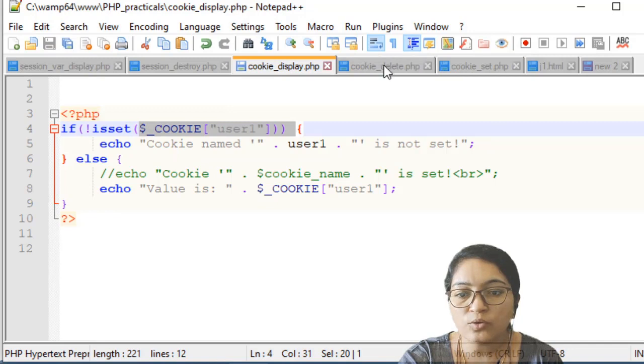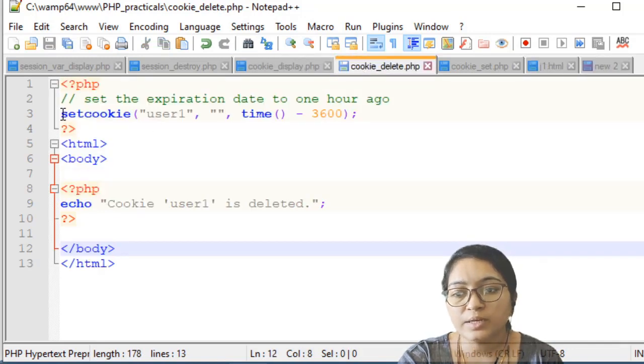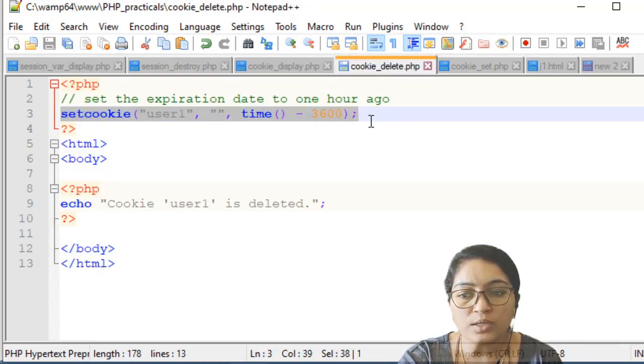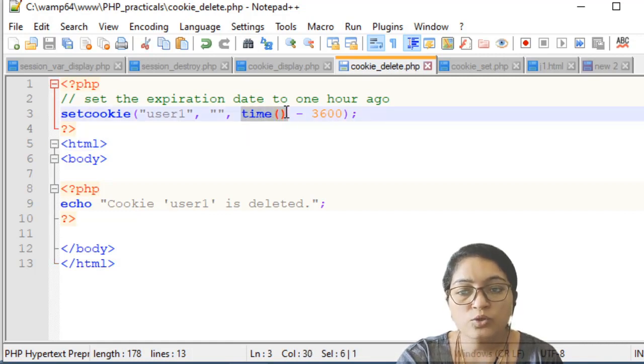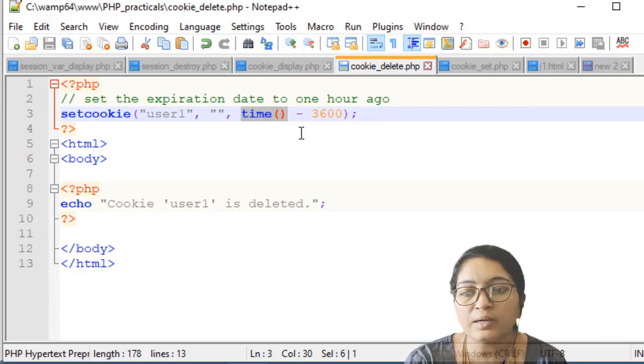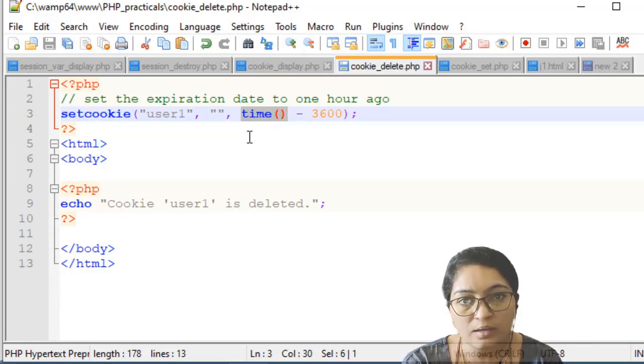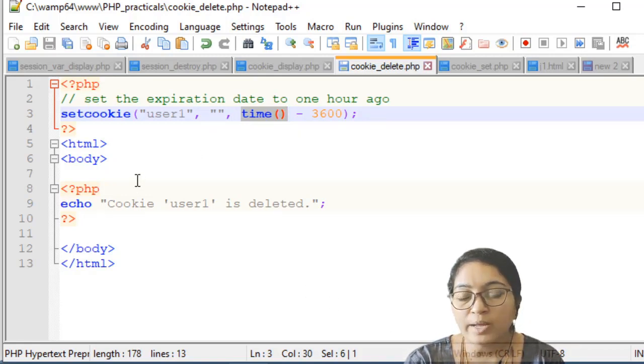You just have to write this statement, setcookie user1, and set a time before the current time. So you just have to write 1 hour before, then it means the cookie will be expired. Now that same cookie will not be available anymore. This way you can destroy the cookie.